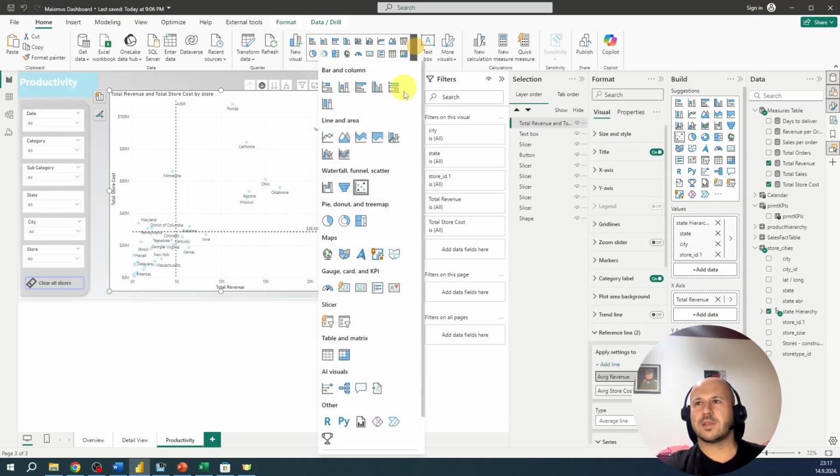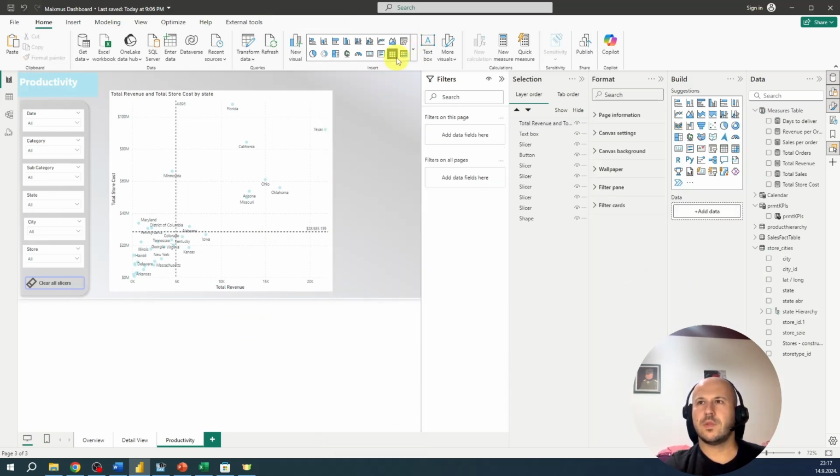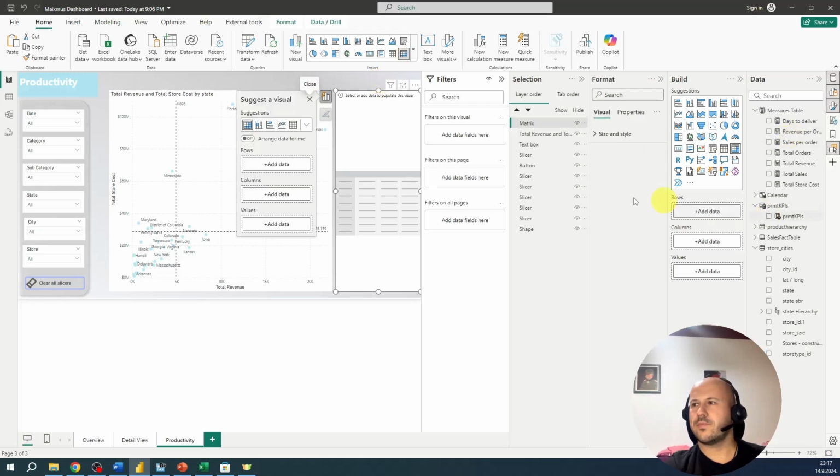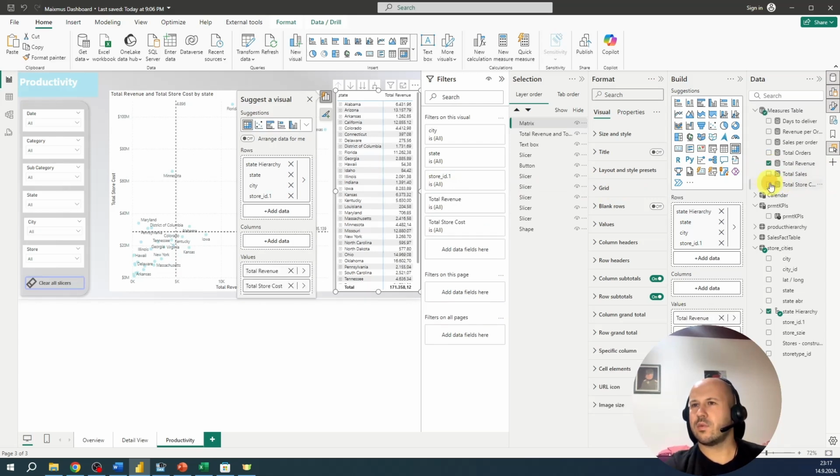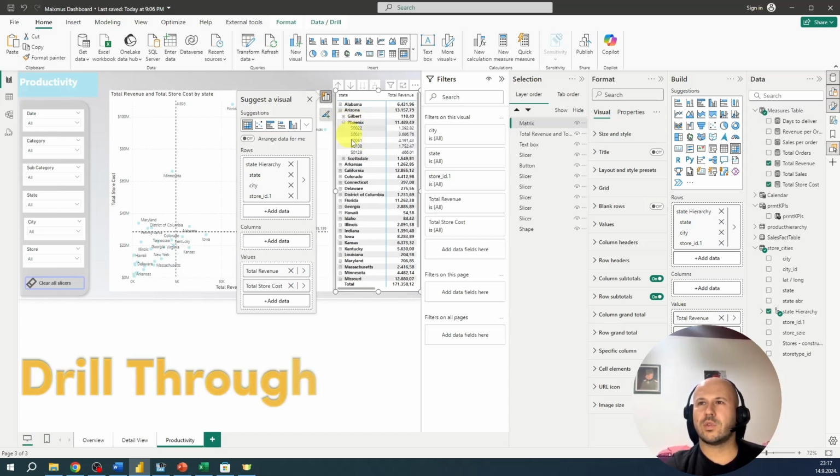let's add one matrix table so we can see this data in a table. And let's add state hierarchy, and now let's add total revenue and total store cost. And now you can drill down. So in Connecticut state we have city Hartford. In that city we have only one store. Let's check in Arizona. In Arizona 3 cities, and in Phoenix we have multiple stores, and we can see revenue